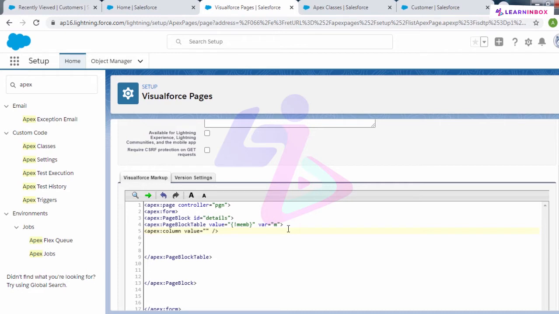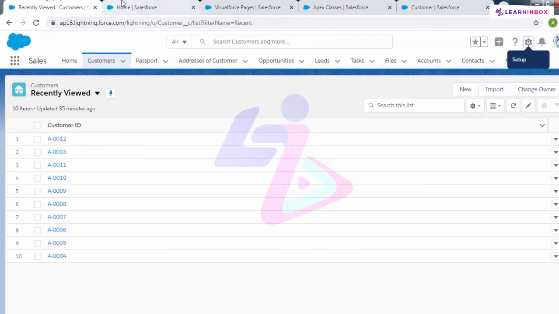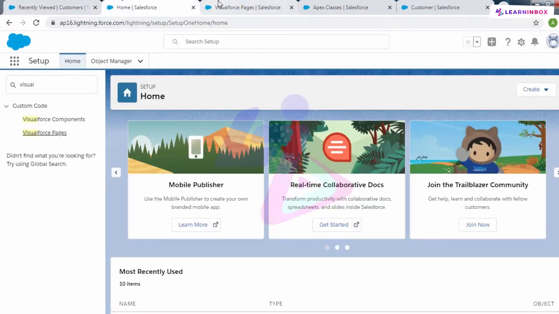The first thing which I want to display here is the name of the customers. So I'll start a bracket followed by an exclamation mark, and the variable which you used earlier will be used here, m dot. Here we have to use the API name of that particular field.